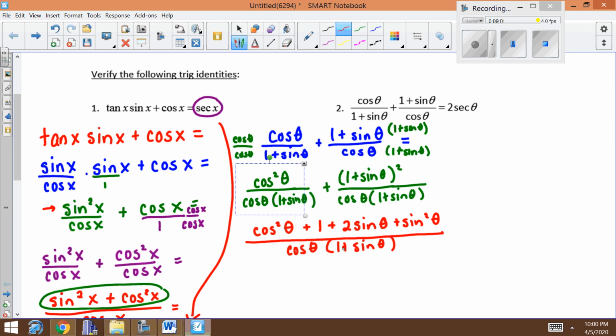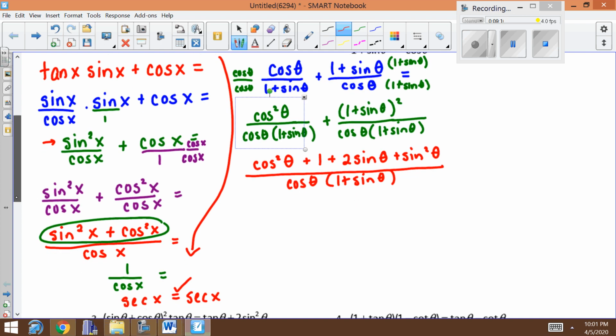Now I could multiply that out. I'm going to leave them separate right now since there's 2 different trig functions, a sine and a cosine. I'm going to leave those separate just to keep them different. We may have to multiply it out at the end. When I look at this, I see some things that I'm going to group together. So I'm just going to rearrange this